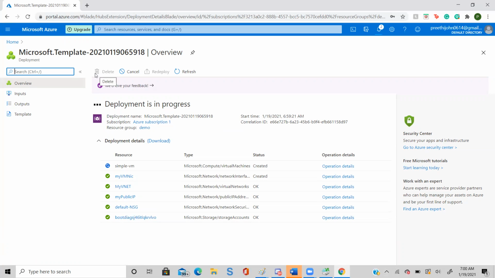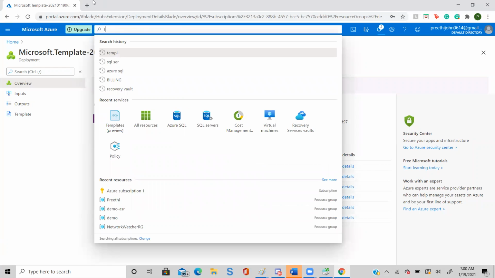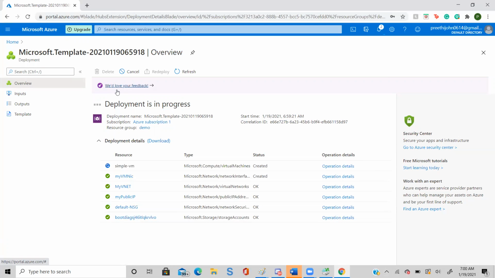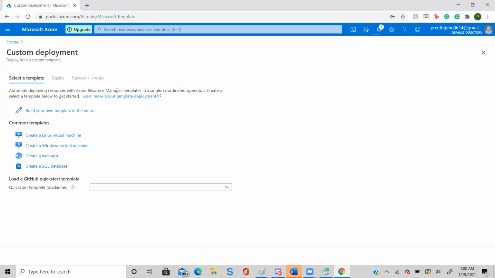Now go back to the deployment template again. Go on top. In the search box, type again template. Deploy a custom template. Apart from that, if you have any specific job, you know what Microsoft did? They have created more than 1,000 templates on the basis of the job nature of the people, and they put them in GitHub.